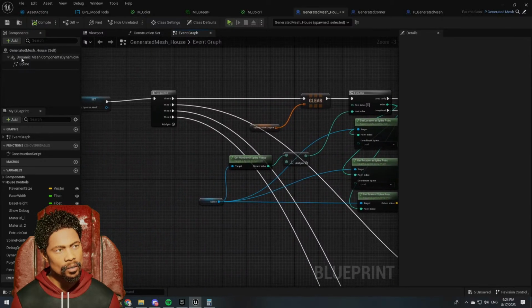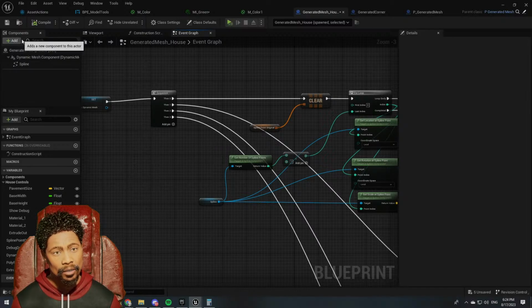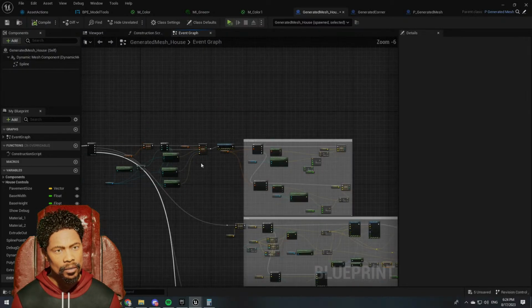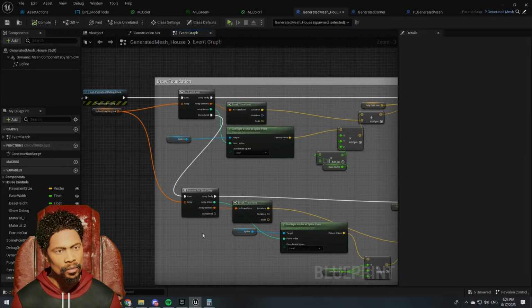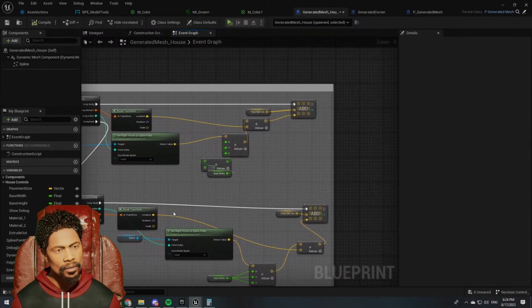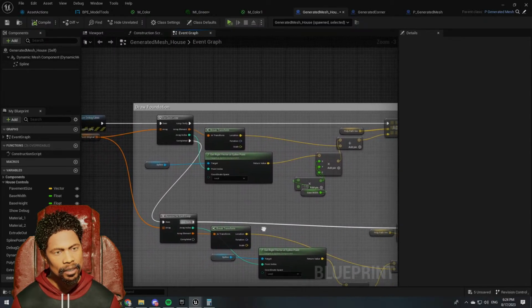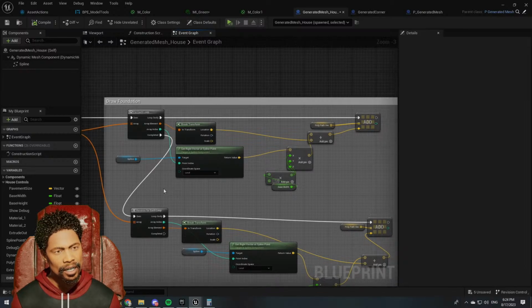This one has a spline. I added a spline into the component and have basically been using that to get the length of the place. And then what I did next is make a